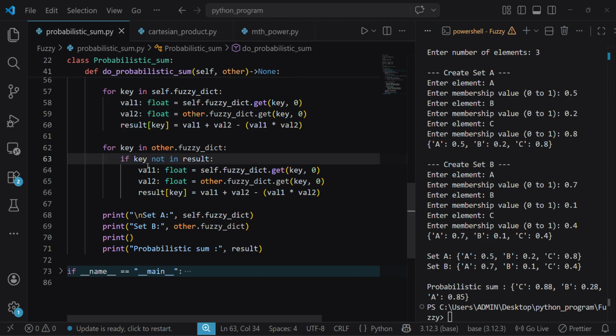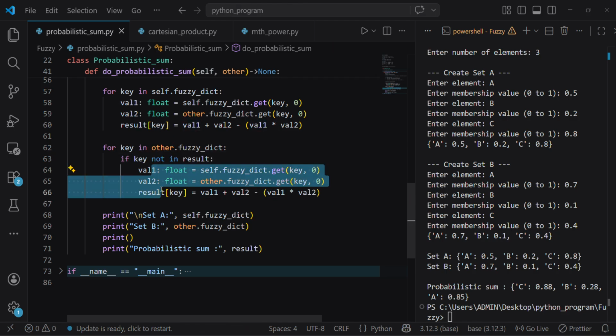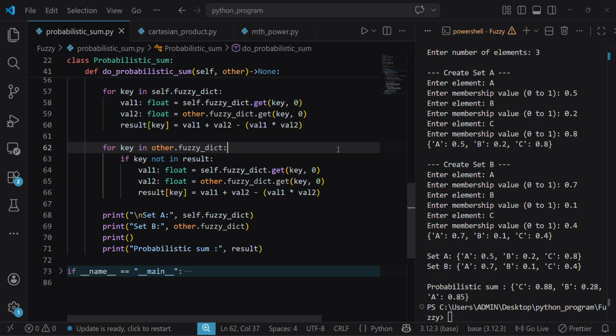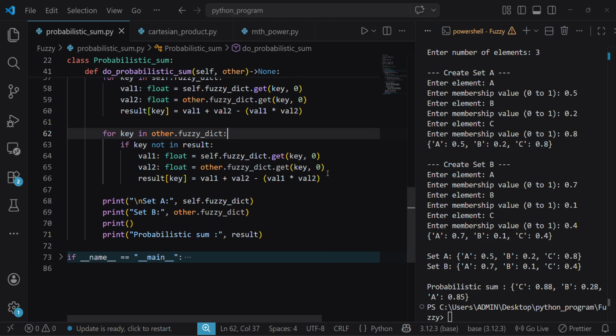If the key which is accessed from the second object dictionary is not there in the result, because result contains only the first object dictionary keys, then it will fetch the values corresponding to the keys for both the object dictionaries. Then again the same logic. Why we have done that: